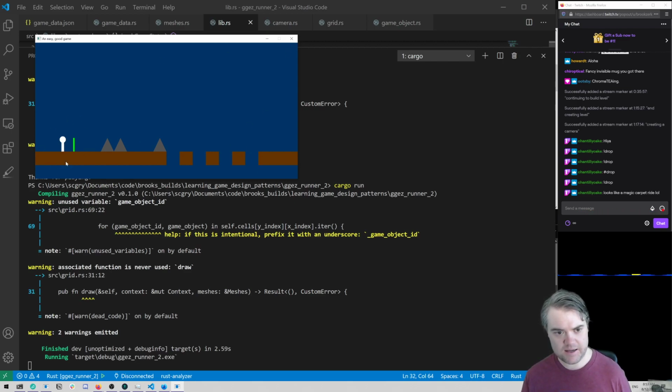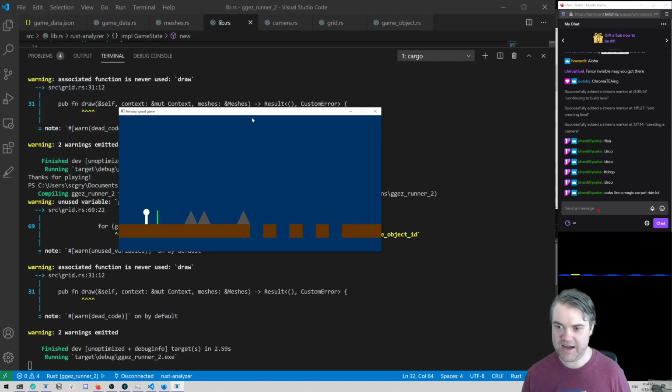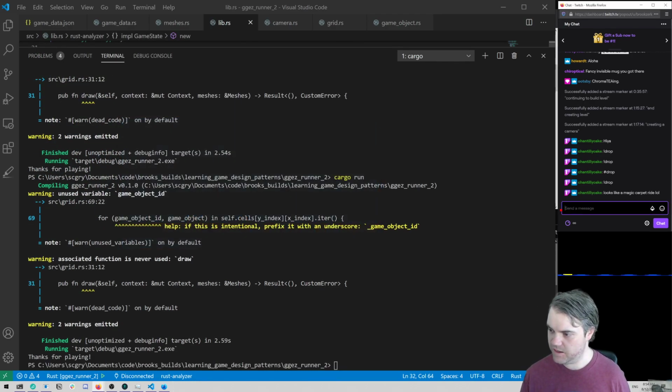We've now got our player, we've got our camera. Our camera's not moving because the player is not moving. So it sounds like that's probably going to be the next thing that we're going to take care of, having the player move. But that's going to be in the next video. Obviously, if you're watching the stream, that's coming right up. I'm going to go ahead